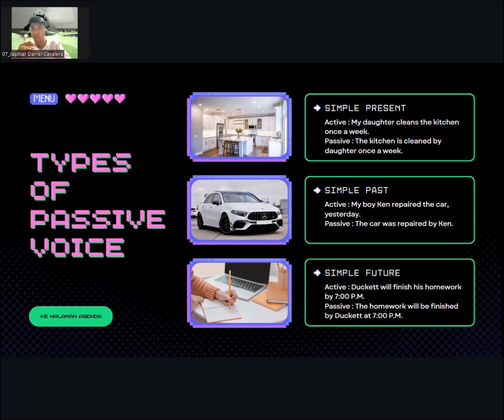From this example, we see that the kitchen in active changes into the subject in the passive, at the front, and the cleans that we use in active was verb one. We use it for verb three, and we add